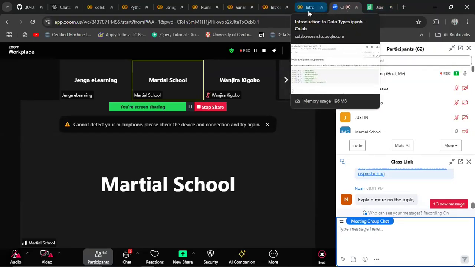Because we are going to do them one by one, I don't want to confuse you right now, but I think we can just call them sequence data types. We'll notice that they normally store a collection of values, and we are going to explain them in more detail one by one: what is a list, what are the features of a list, what is a tuple and some of the features we can use in a tuple, and also a range. Because now if we are able to interact with different kinds of data,